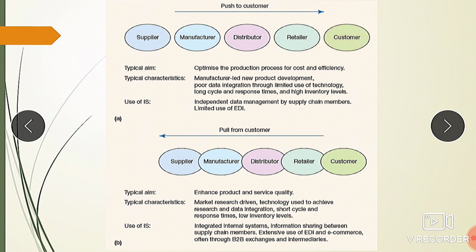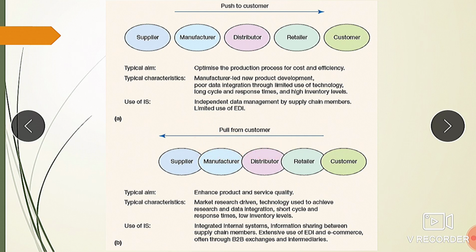So, ang iyang aim ragid is to optimize the production process for cost and efficiency. Ang push supply chain man gyud is, like for example, the manufacturing company have developed an innovative product. So, kato nga innovative products nga iyahang na-develop is i-push gid niya sa market gyud, and mag-identify siya mga target nga customers niya. And then diri pud sa pull supply chain is